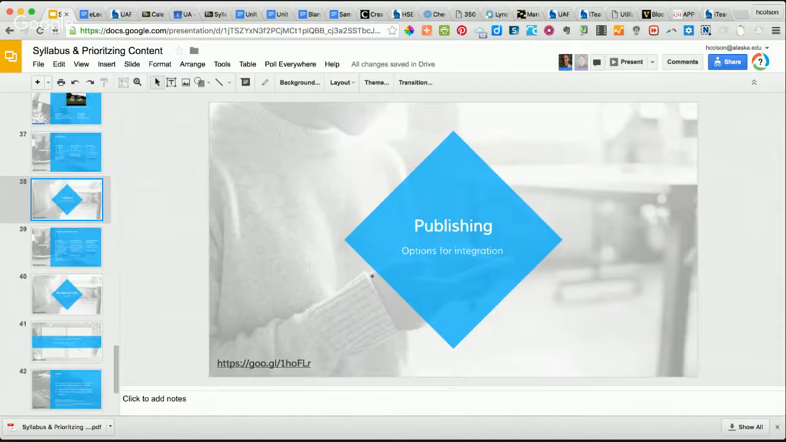Another aspect is actually publishing. So I've created those documents, and so how do I present them to the students? So kind of going back to those same examples,